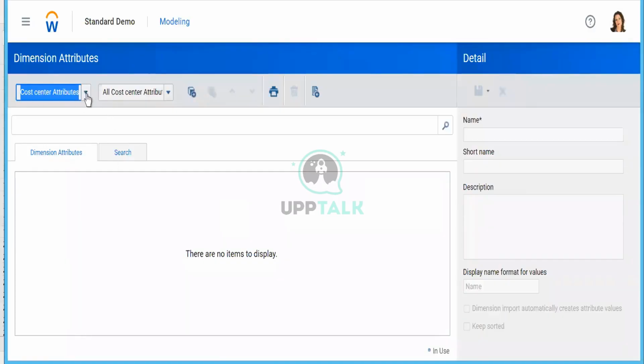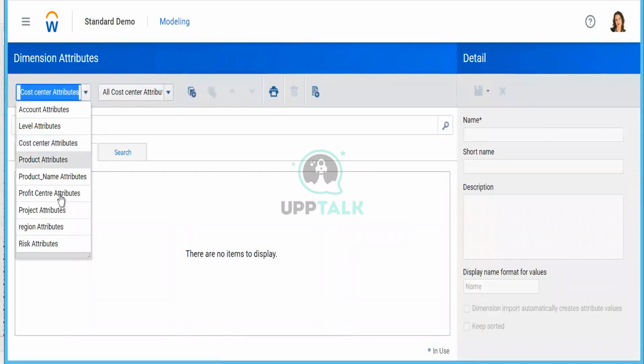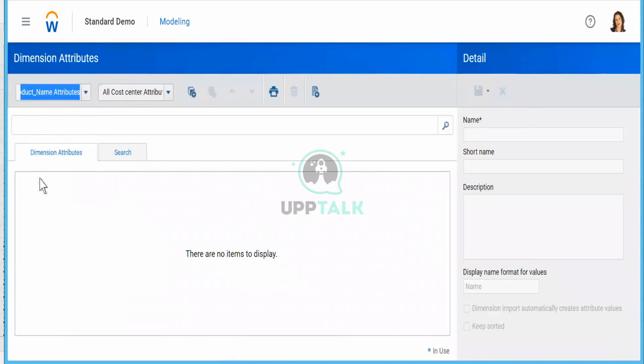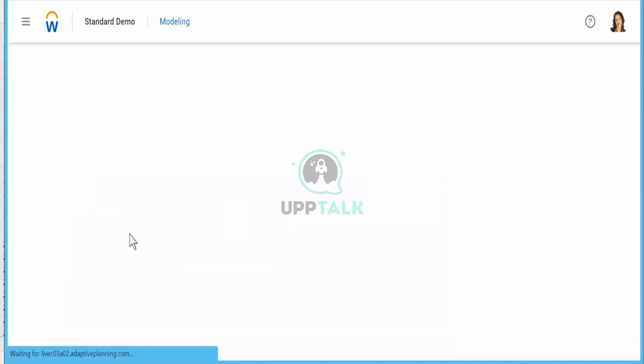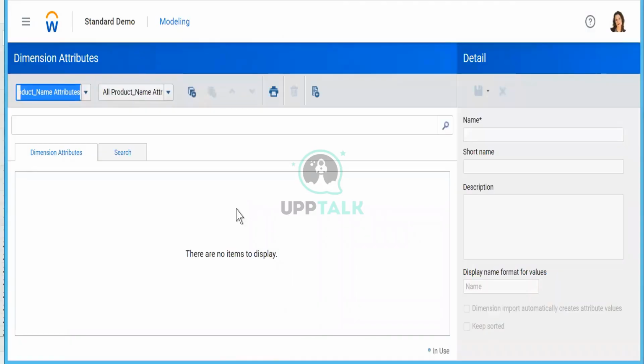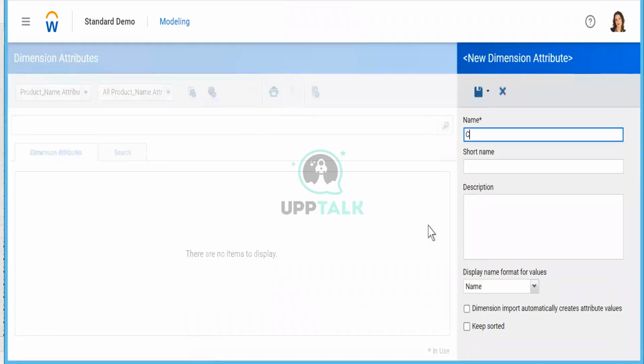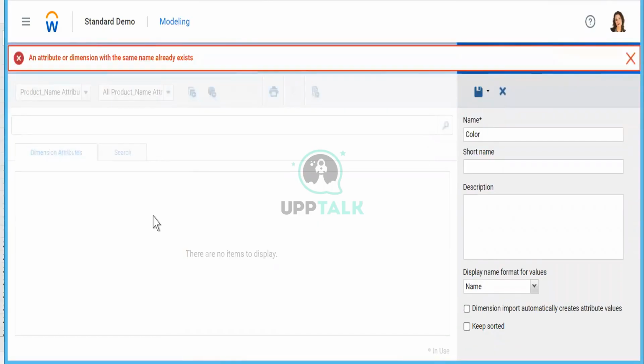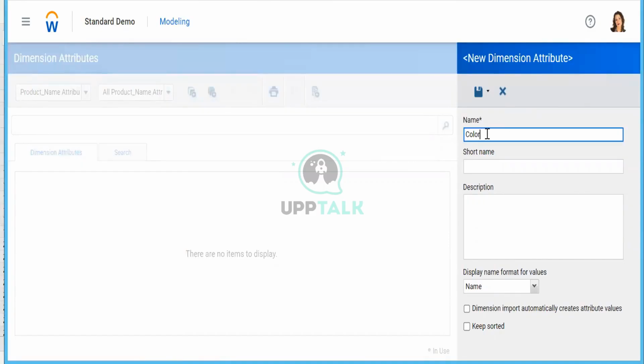Here, you will have to select your product name because inside product name, you want this attribute, right? For which particular dimension is this attribute going to be used? What you will do, again the same thing. I will write here, color of the product. It's existing. Let's say color.